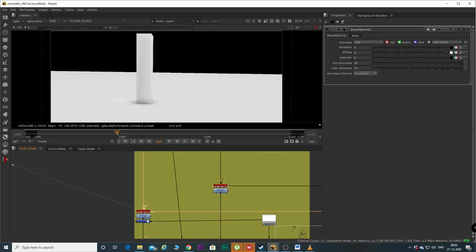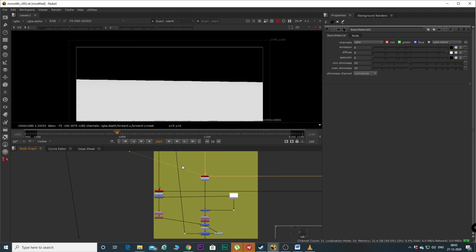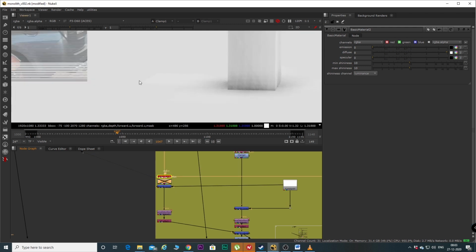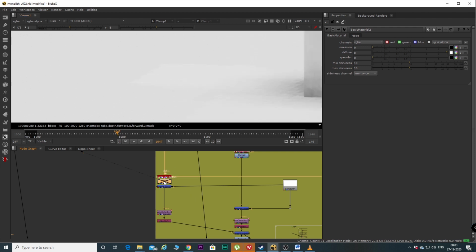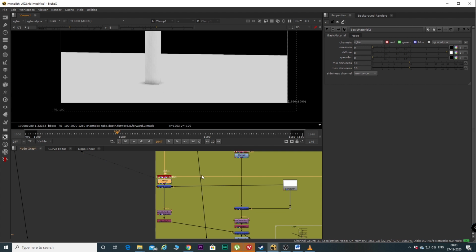So what I've done is I've rendered two versions, one with the monolith and one without the monolith. And I've divided them. I've added a clamp. The clamp will get rid of any negative values, like these, and it will keep your values to 1.